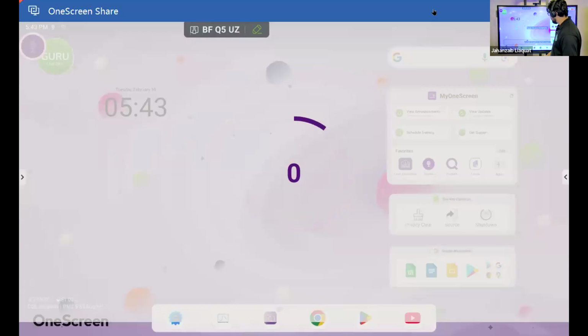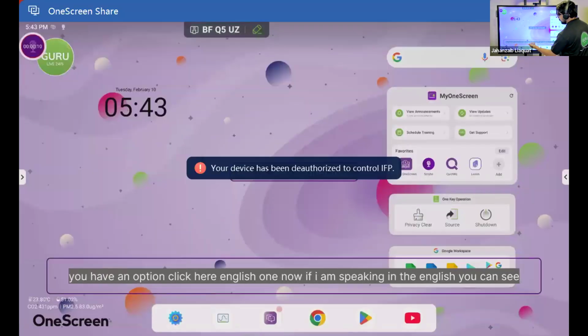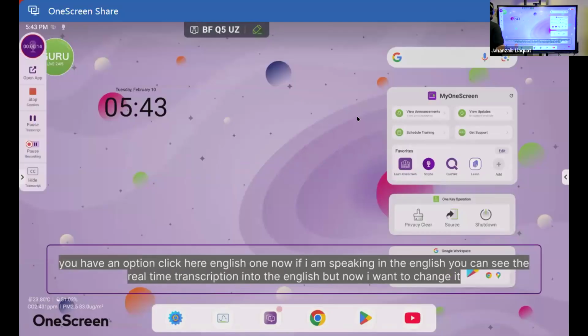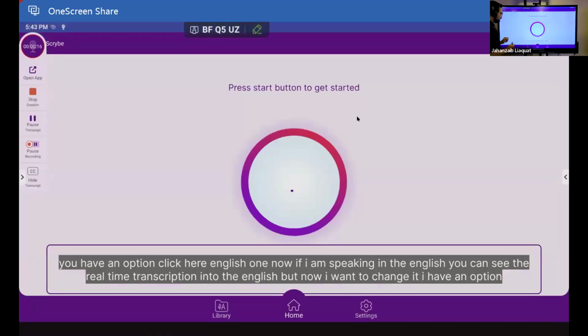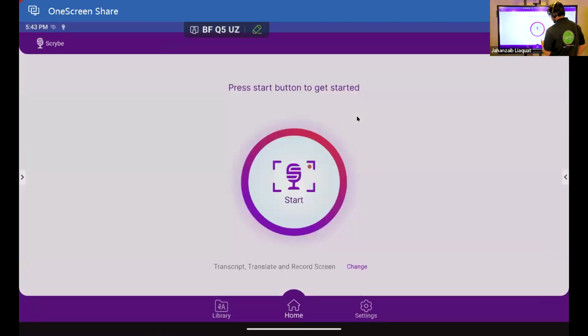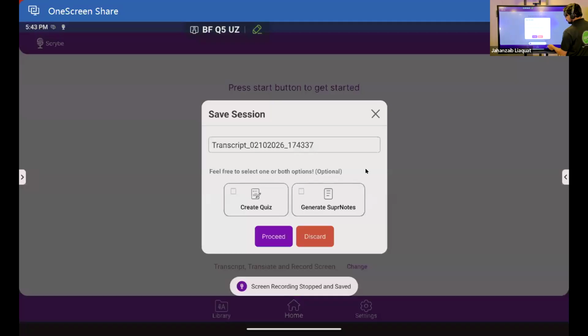Now, if I am speaking in English, you can see the real-time transcription in English, but now I want to change it. I have an option, go here, open the application, and let me stop the session